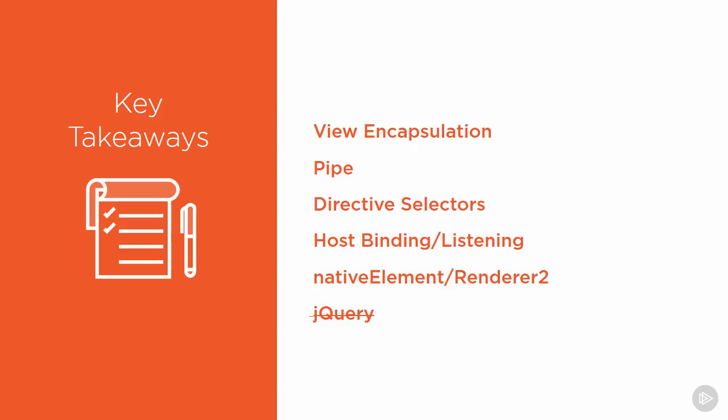That brings us to the end of our discussion on manipulating the UI. We started with simple view encapsulation and saw how changing it can affect the UI in different ways, just with simple CSS. We looked at building pipes and directives, including a whole range of directive selectors that can provide a whole lot of value. We covered host binding and listening to allow children to modify their parents, and then spent